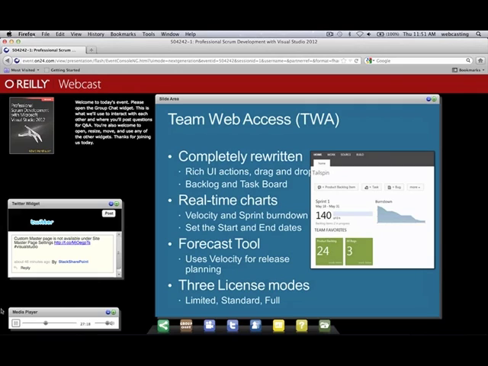There's a forecasting tool. I'll show you that in a minute. But what that will let you do is plug in your velocity, and then it will just draw some lines in the backlog to kind of show you, given a velocity of, say, 18, here are the PBIs we think you can get finished in the next 5 sprints. So that takes a lot of assumptions: that you've estimated those upcoming PBIs correctly, accurately, to the best of your ability, that your velocity will stay the same in those sprints, that you don't have any big hits like the team's going off to a conference or some retreat and your capacity is going to drop down.